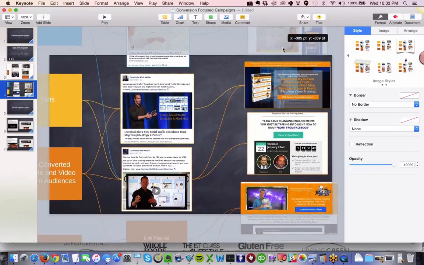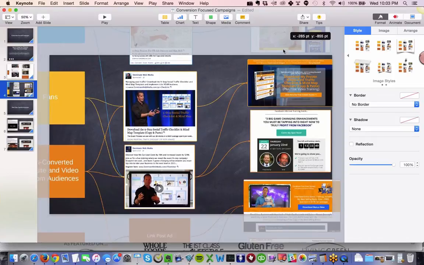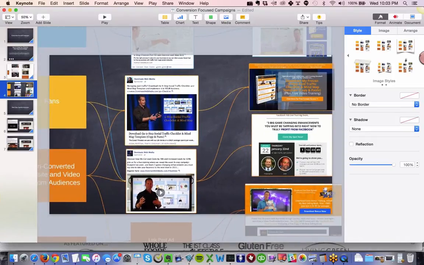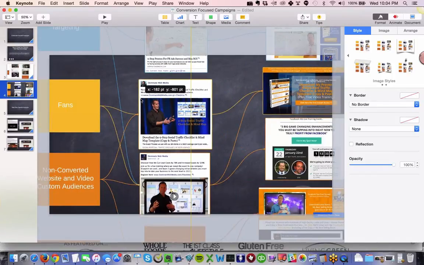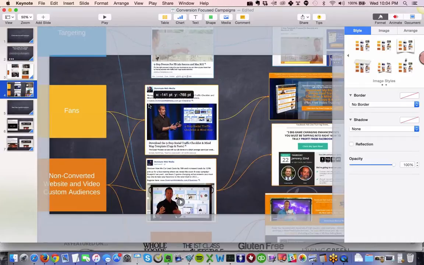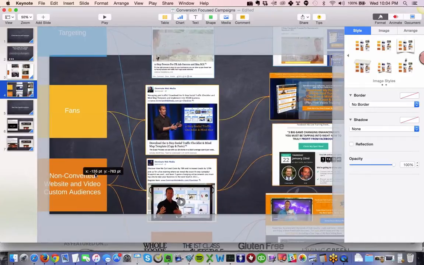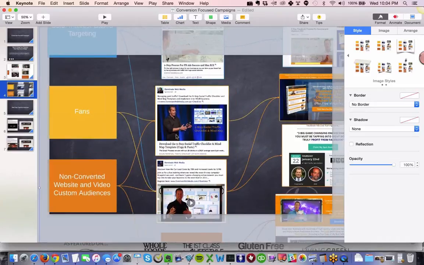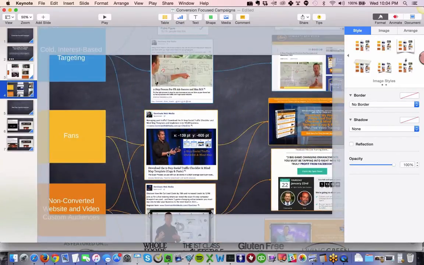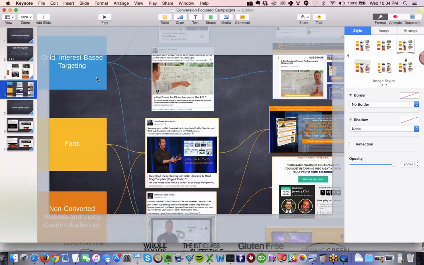So as we go down, now we have a link post ad, right? This one is going to an opt-in page. So you've got your kind of squeeze page style Facebook checklist. I call it a paid traffic checklist in here, because we can't really use the word Facebook. And in this ad, this is important. Notice how it's targeting fans and it's targeting website custom audiences. This is one where, depending on your situation, you might not target. I might target interest audiences, but really close interest audiences